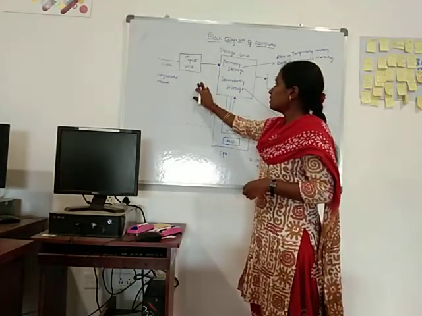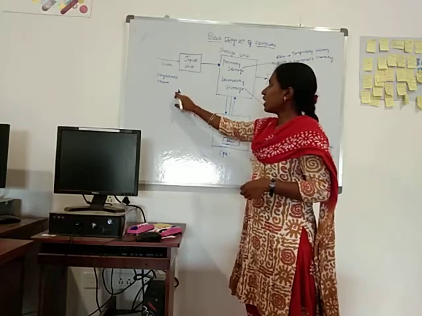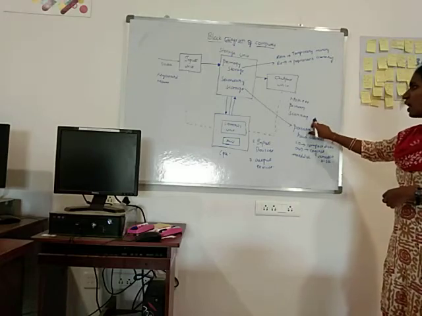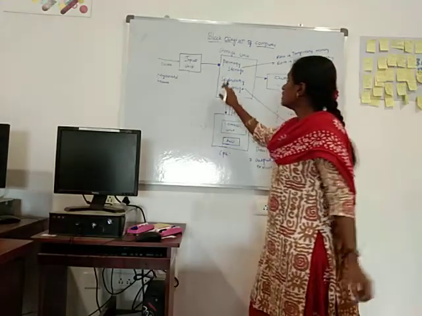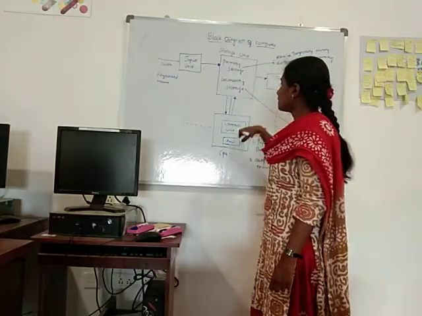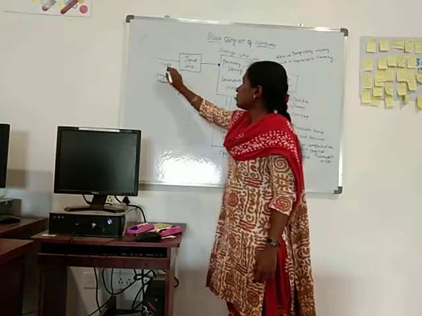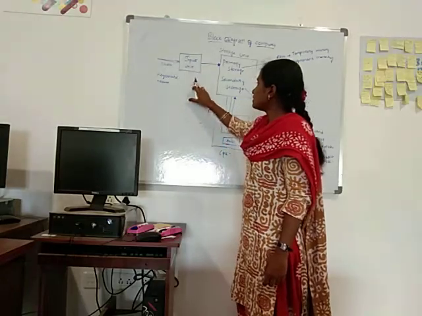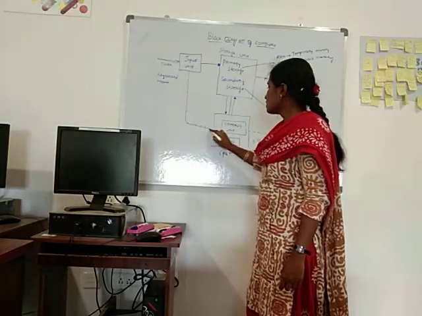Input devices are keyboard and mouse. Output devices are monitor, printer and scanner. So see here, the block diagram consists of three main parts. First of all, the data goes from the input devices directly to the CPU,